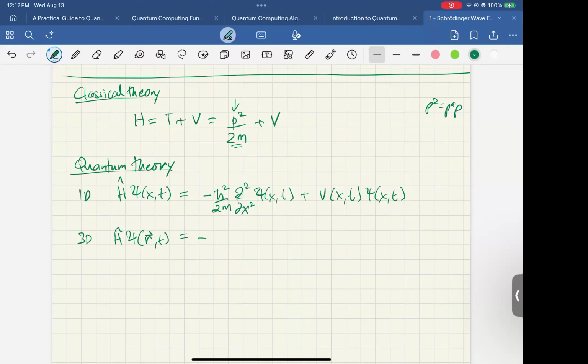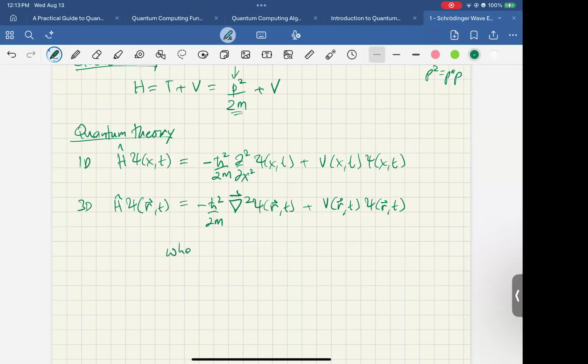This can be written as negative h bar squared over 2m, and then the operator del squared, psi of r t, plus v of r t times psi of r, where the del operator, which we're familiar with,